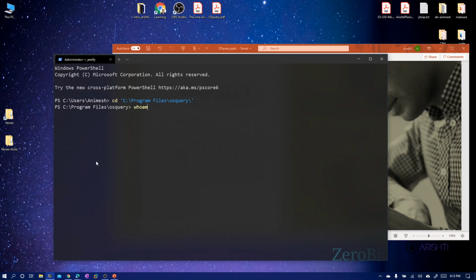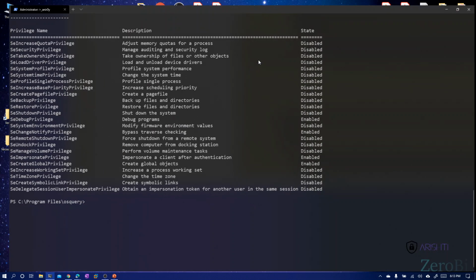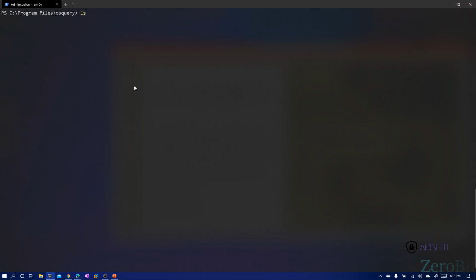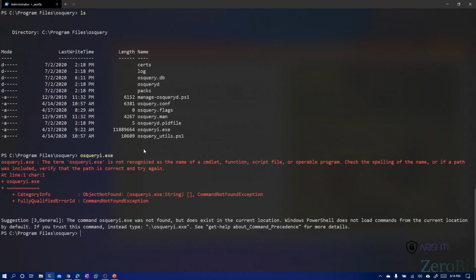If I do whoami /all, I'll see I've got a ton of privileges on this terminal. That's going to help me a lot. If I do ls, we should see osqueryi.exe. I'm going to run this file here, and when I paste it, I get an error message saying this is not a recognized cmdlet. So I have to do .\